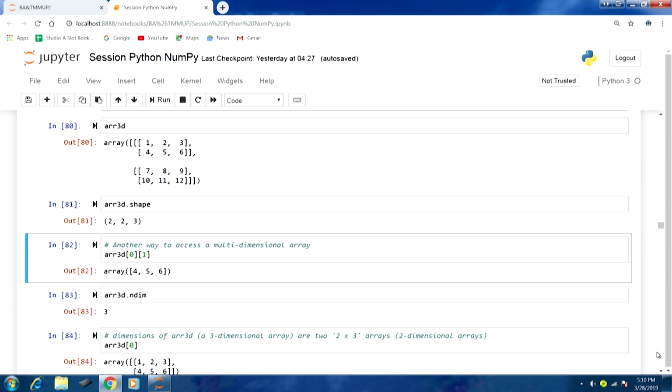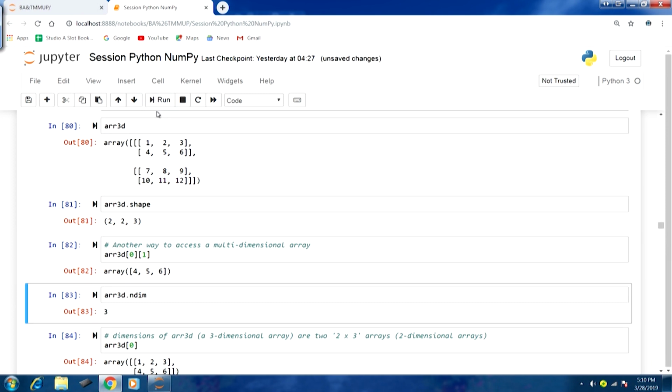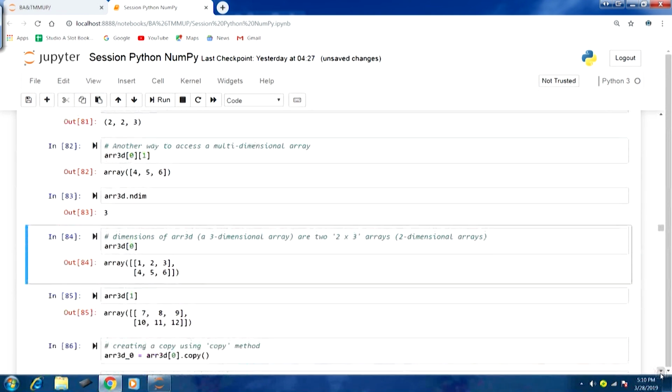That comes out to be 4 5 6. If I run this, you can see the output number 82, and you can compare this with output number 80. So, you can find out how this is working. Again dimensions 3. So, let us move forward.